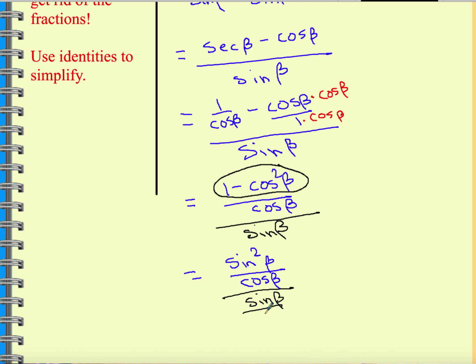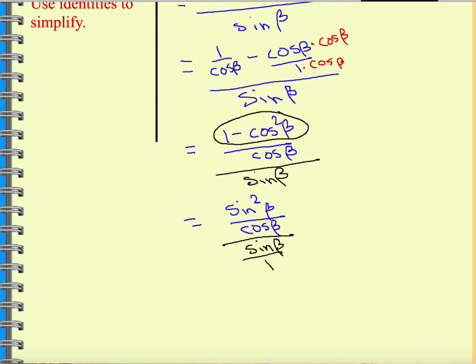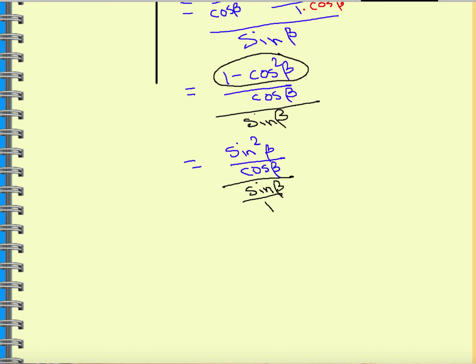And we can make it one by simply dividing our sine by 1, because sine of b is the same as sine of b divided by 1, right? So let us do that complex fraction. We're just going to multiply by the reciprocal. I'm going to get sine squared times 1, which is sine squared, divided by cosine times sine,